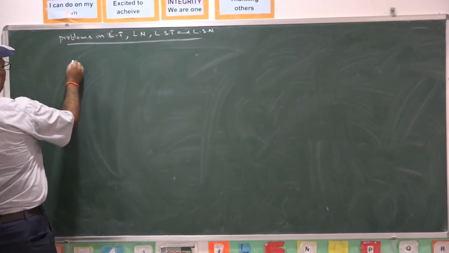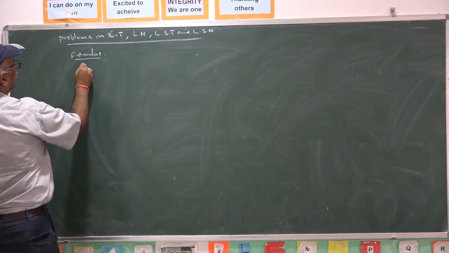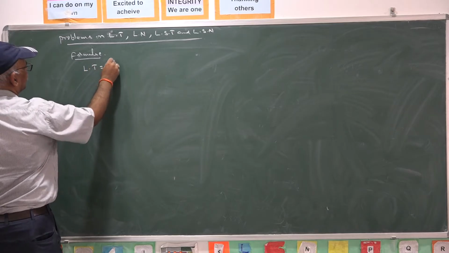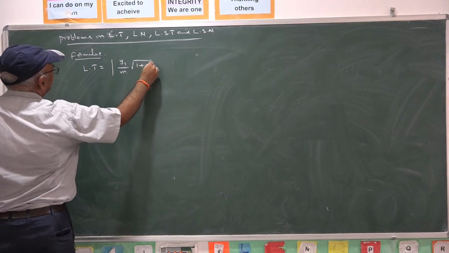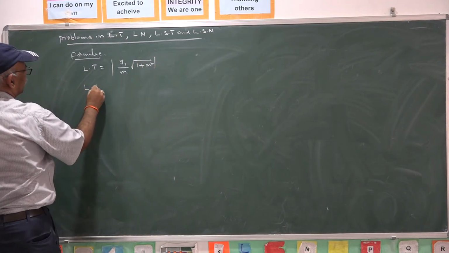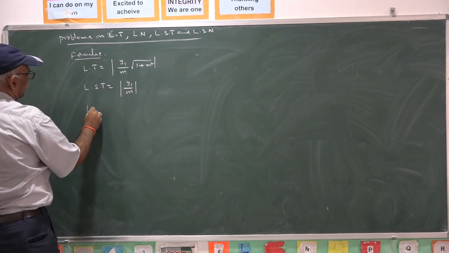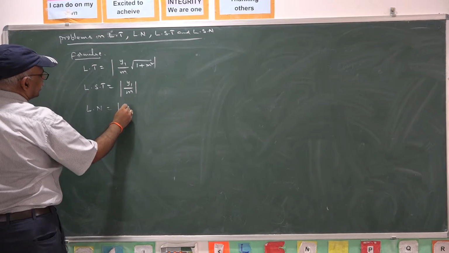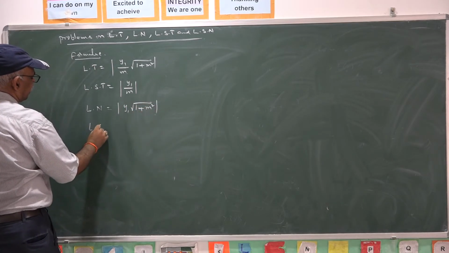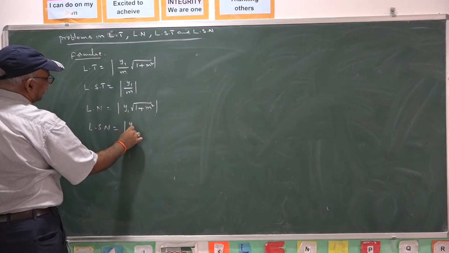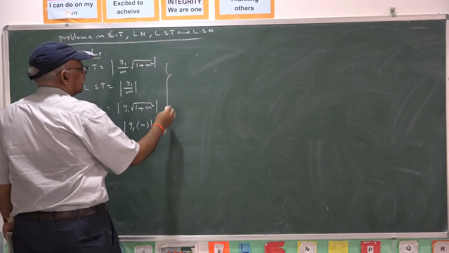So, the related formulae are, for any curve, length of tangent is given by y1 by m into root over 1 plus m square. Length of subtangent is modulus of y1 by m. Length of normal is given by modulus of y1 into root over 1 plus m square. Length of subnormal is given by modulus of y1 into m, where m is